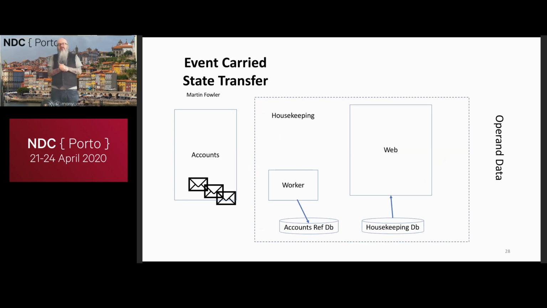And the idea is that what I could do is listen to events from the account system. And I assume that the account system produces an event when anything changes in the world of accounts. So, for example, I change my address, I change my credit card to update it because the old one was out of date, I change my name. Whenever any of those happen, housekeeping is listening to those events, and it's building a cache of information it needs about accounts. So generally speaking, it's probably storing my postcode, my credit card, etc. details. And it's able to keep building up that cache in response to events.